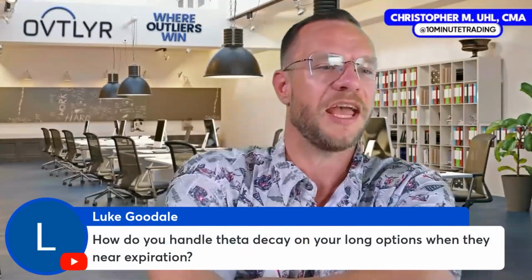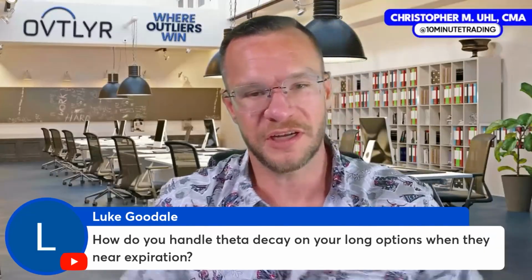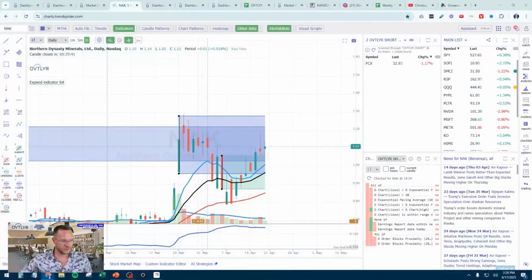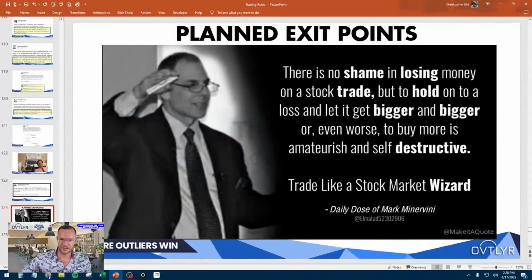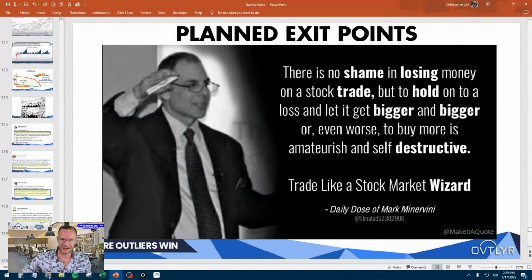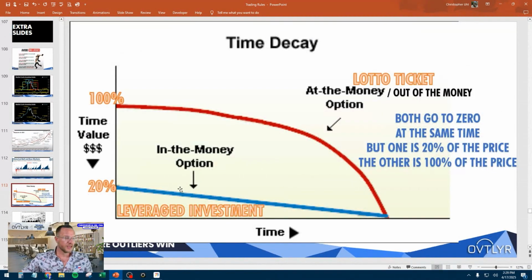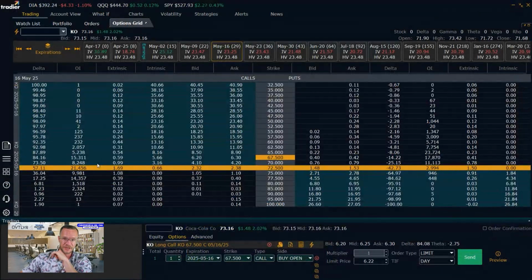Luke says, how do you handle theta decay on your long options when they near expiration? Great question. So I saved this slide the other day and I knew that I'd be coming back to it. Since we talked about options just a moment ago, an in the money option is a leveraged investment. Now, I generally look for 20% extrinsic value. Extrinsic value is the part of the option that will go to zero every time, no matter what. And if we look at this particular one that I picked out earlier, it was 59 cents of extrinsic value,